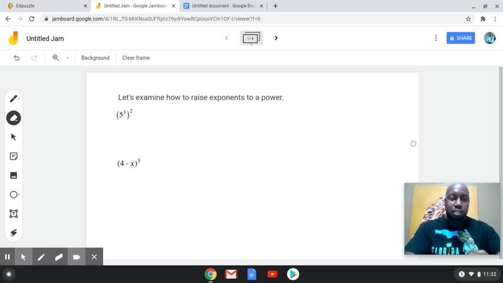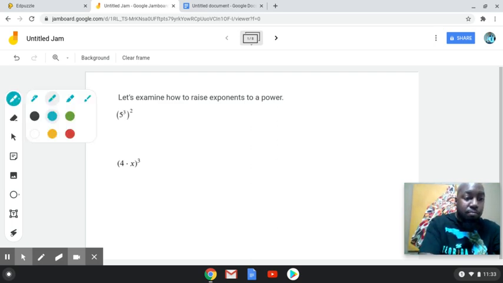So it says here, let's examine how to raise exponents to a power. So for instance, we have 5 to the third, and that's been raised to the second power. Now, if we look at it, I think that is our product property, right? If we look at our product property, this is the same thing as saying,